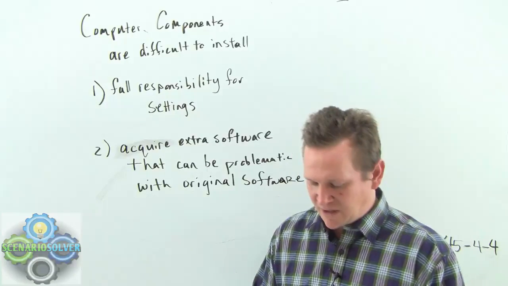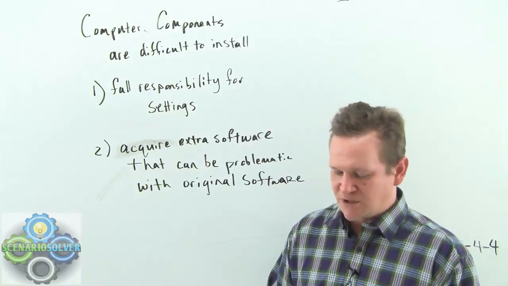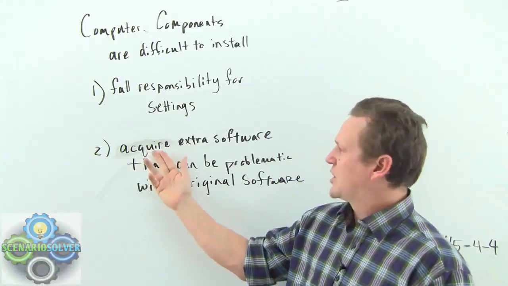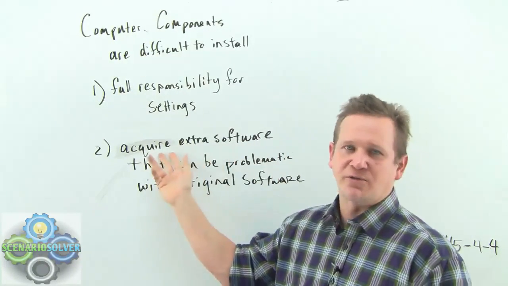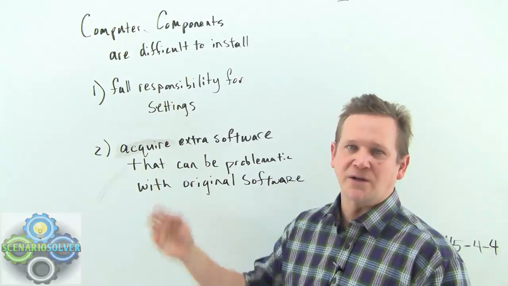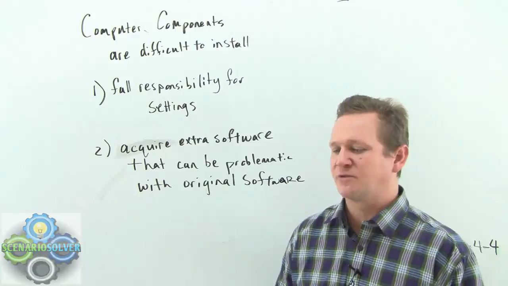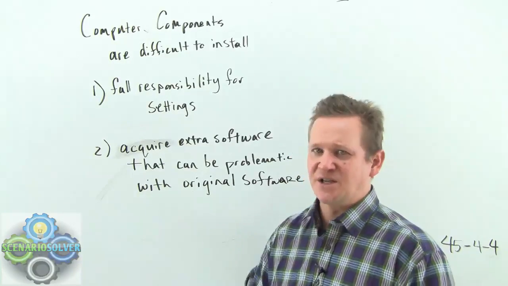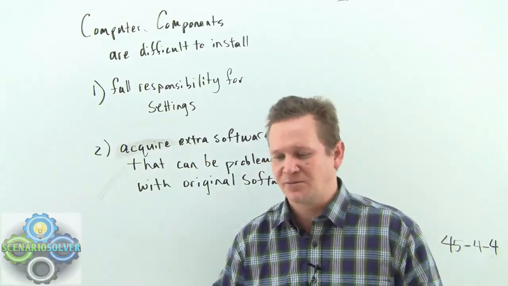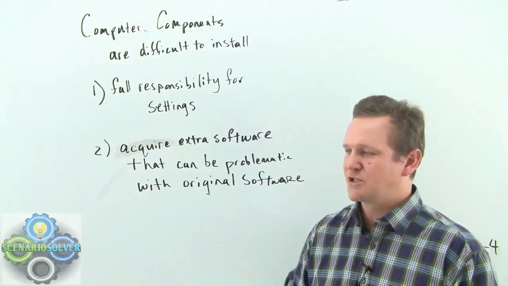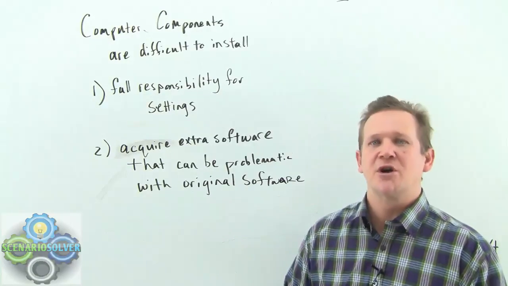Okay, if we look at B, software for accessories can be obtained for free. Okay, so here we were talking about we need to acquire extra software. Well, just because it's free, we're still having to acquire it, and so it doesn't tell us anything about whether this software would go against the manufactured software that was put into the computer originally. Just because it's free doesn't mean that it's become easier.